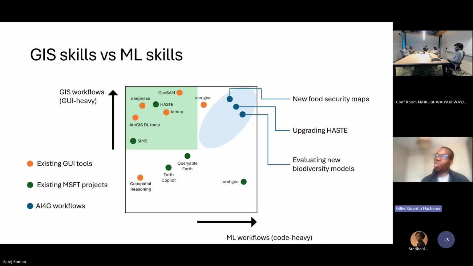Especially, I don't know if we've talked about this before, but we have worked on several projects with the Ministry of Agriculture, the Kenya Space Agency, and so on. And right now, we're trying to bring all this together into something that's a longer term vision to build more sustainable products that could be helpful for Kenya and for the rest of Africa. So let me stop here. We'll be sharing more in the coming weeks.